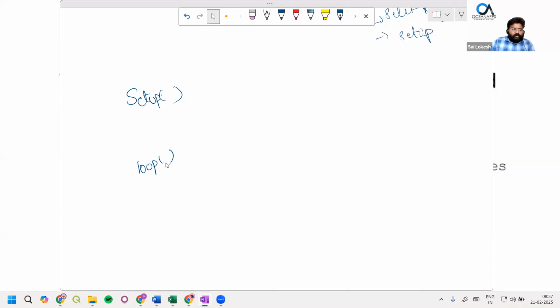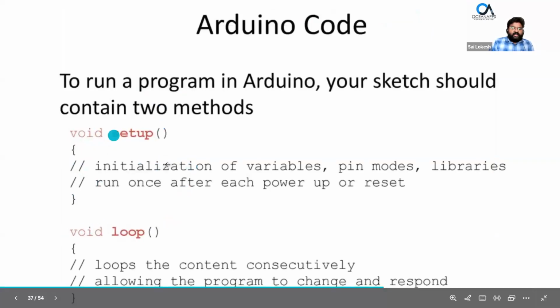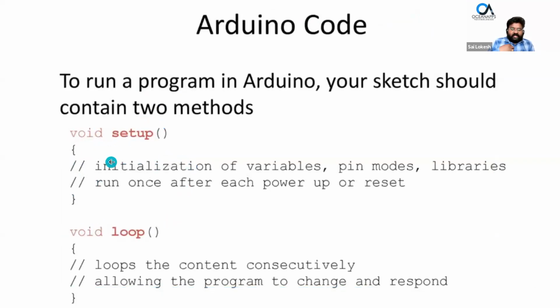So in Arduino, when you open the program editor tool, I will show how to open it and all. You will have two sections: void setup and void loop. In setup, we will declare what we have: 20 pins, 6 analog pins and 14 digital pins. So we should set which pin we should use as an input pin, which pin we should use as an